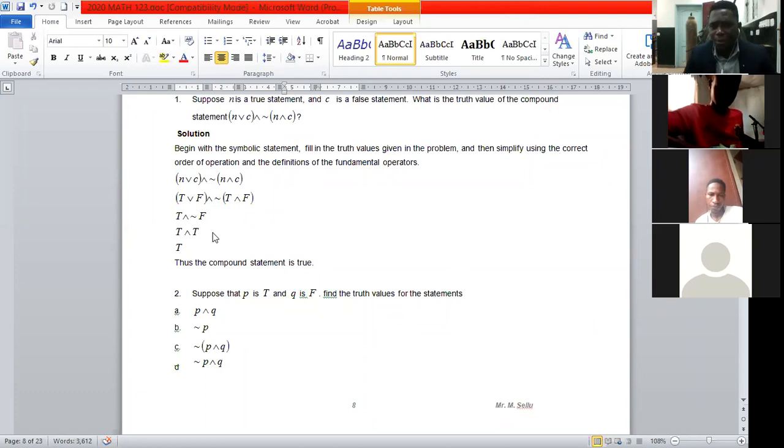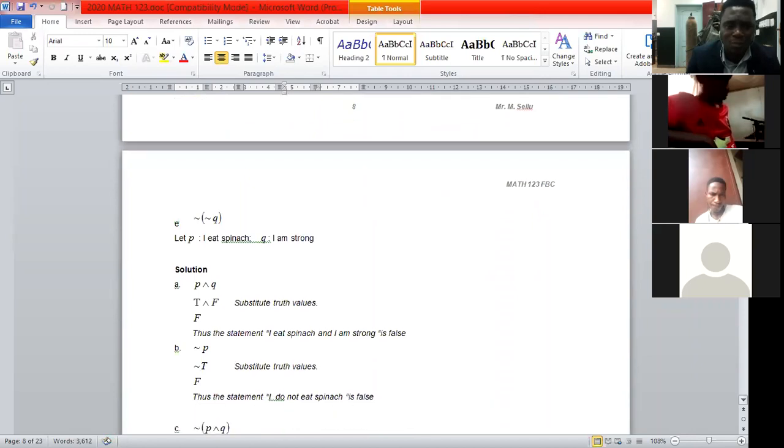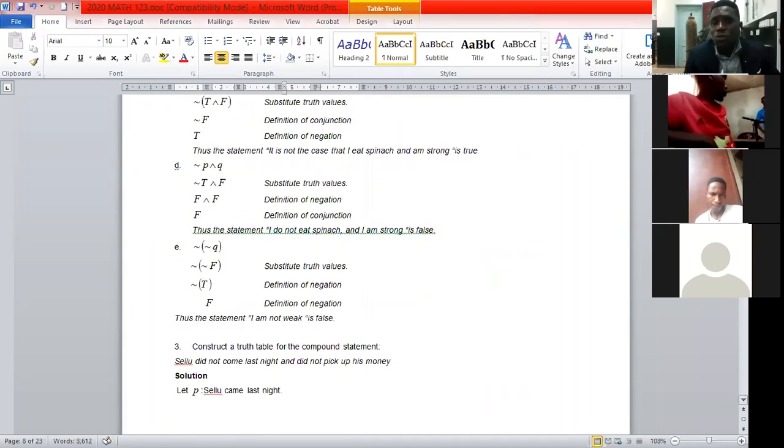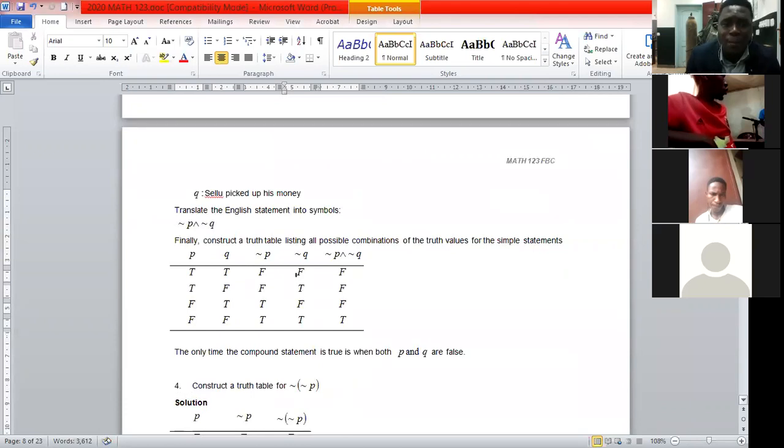So I was saying if you are giving symbols or letters to represent statements, those statements could be true or false. One form is that if they say N is true and C is false, how do you represent that statement? We have solved that question, and we went on to do other examples. Now I am on truth tables. For example, you want to construct a truth table for the statement not P and not Q. I said in a compound statement the four possibilities are,